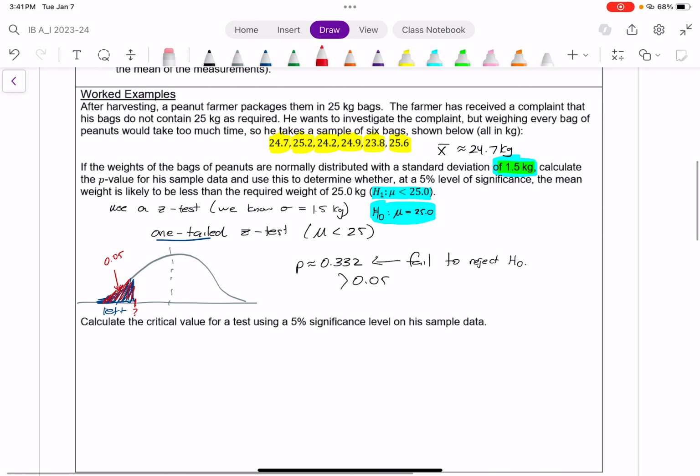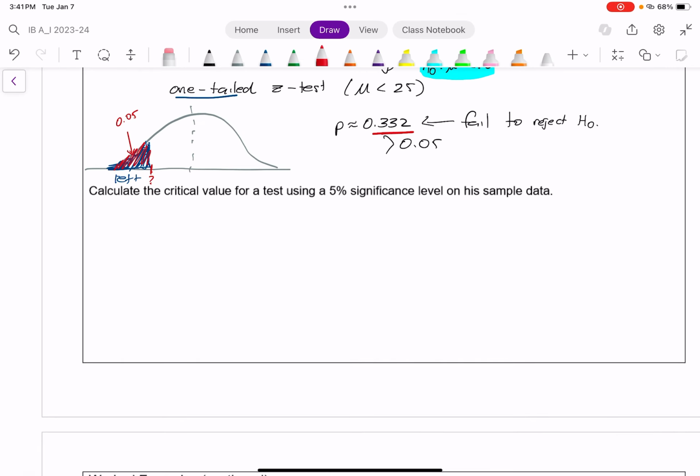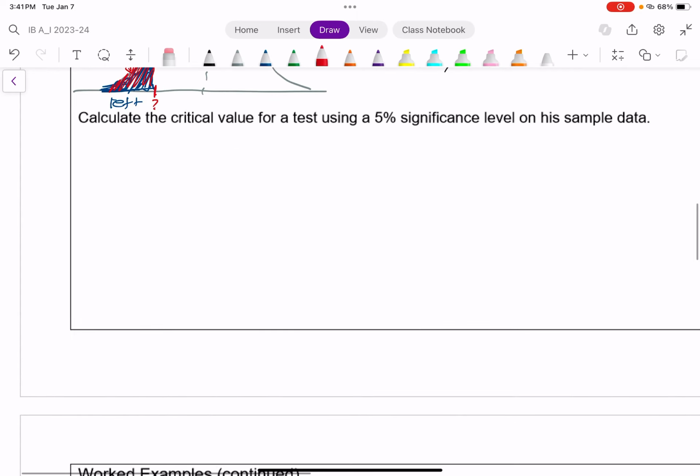As we can see from the first part of the question, we had a sample mean of 24.7, and it was too large for us to reject H0. But what would the value be? Well, to do that, first we have to remember that when we're dealing with a sample, the standard deviation of a sample is not the same as the standard deviation of the population. And so if we're looking at the sample here,